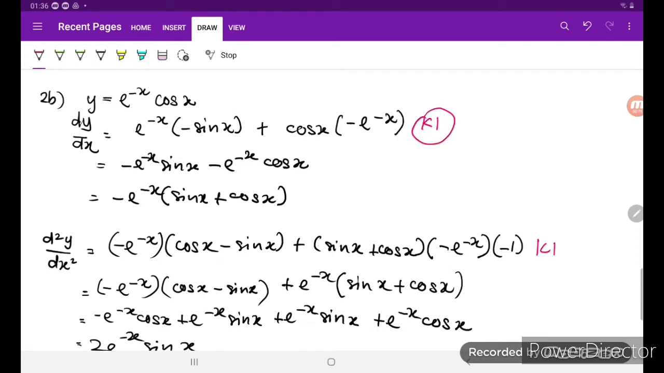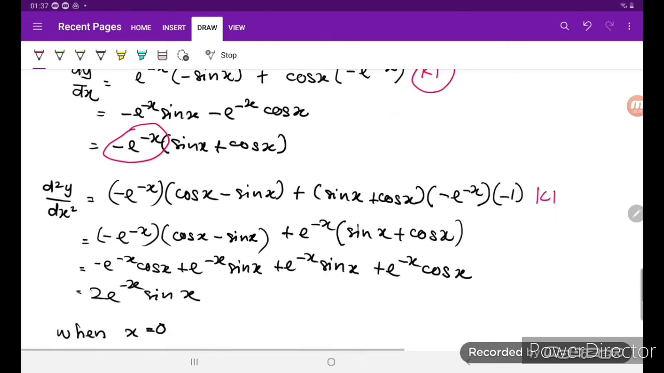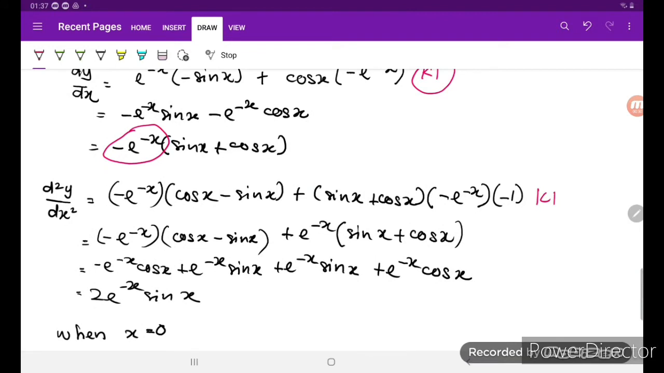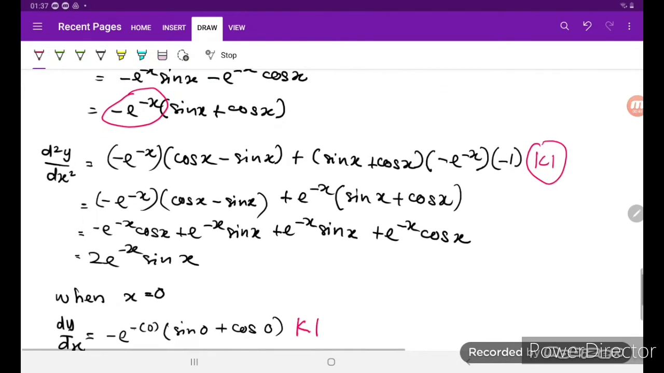Then you simplify, then you factorize negative e to the negative x, and then you simplify because you want to find the second derivative. Once again you use product rule. You will get another k1. Then